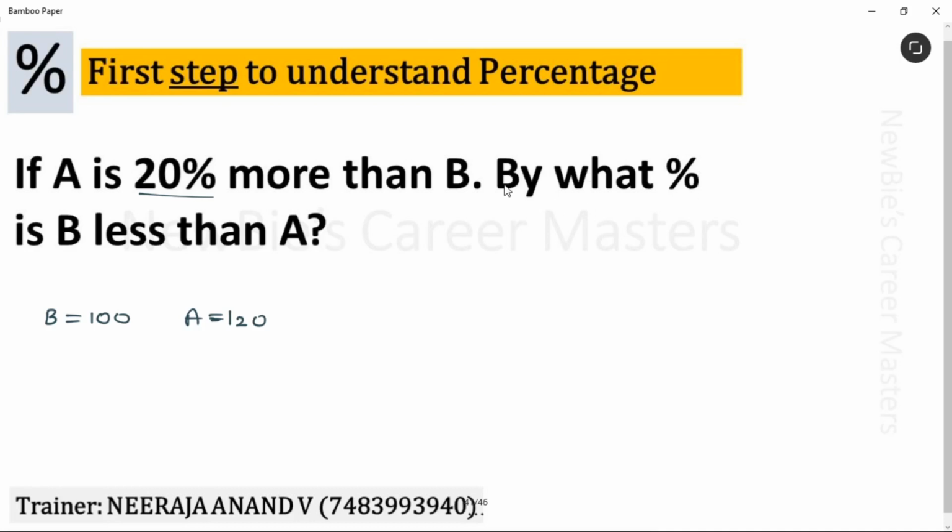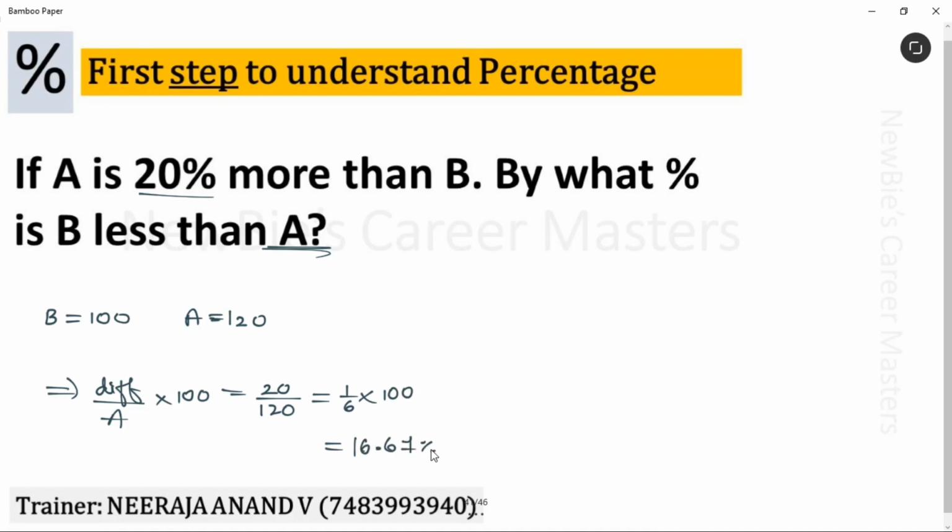Okay, next, what is the actual question? By what percent is B less than A? Less than, more than, what formula do we have to use? Difference divided by the value with which we are comparing. We are comparing with A, so that value should come into the denominator, multiplied by 100. Difference is 20, divided by A value, which is 120. This is 1 by 6 into 100. So 1 by 6 into 100 is